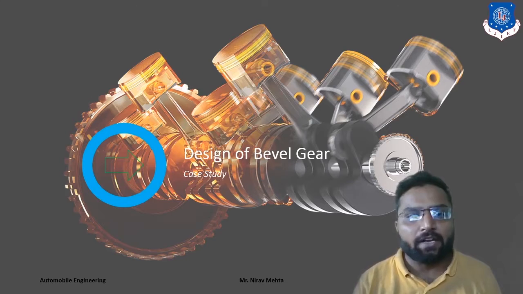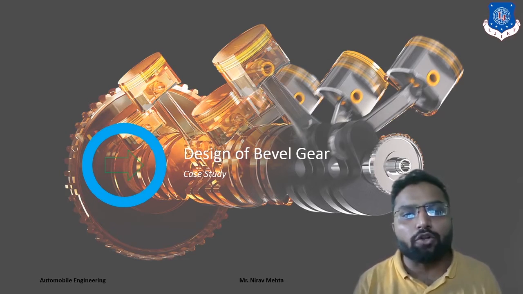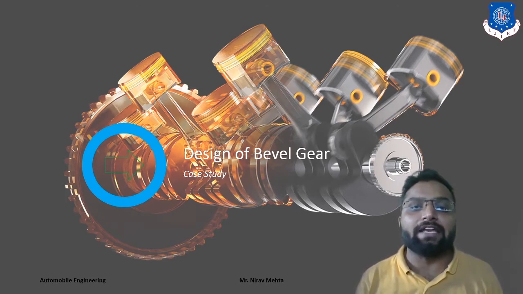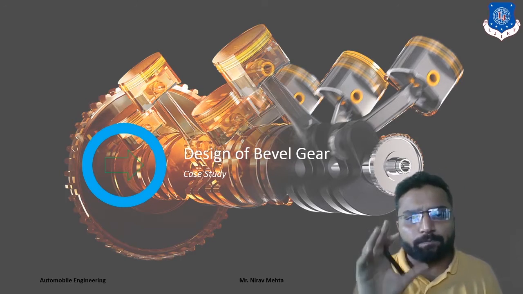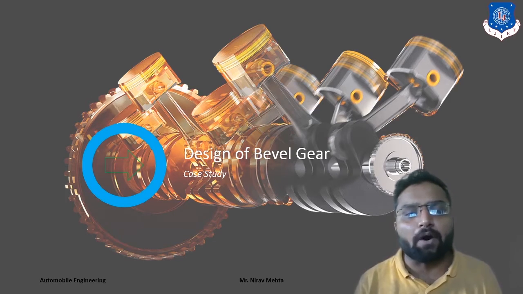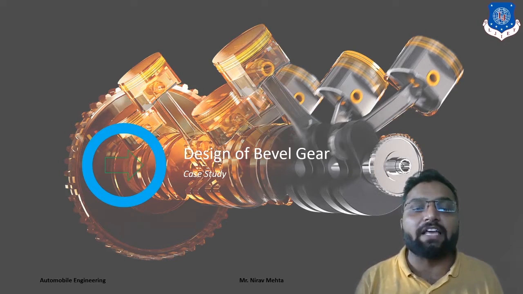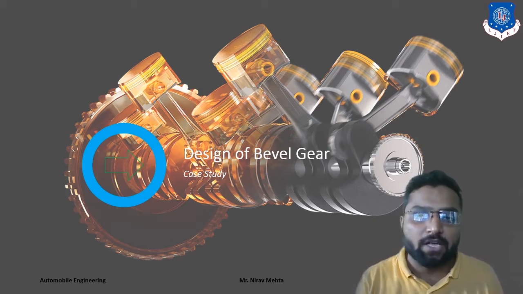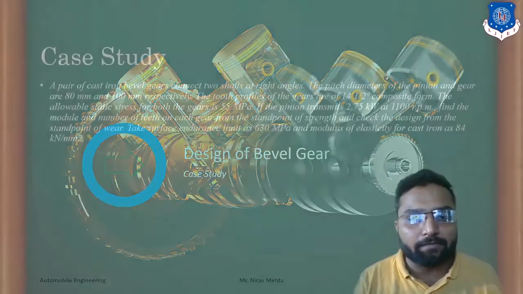A bevel gear is a kind of gear which transfers power from one shaft to another, at an angle made by each other. So bevel gears are those gears whose shaft axes are at an angle with each other. So let's discuss their fundamental difference from helical gear and spur gear. They make an angle, and in some cases they make an angle with their own axis as well as the central axis, or you can say the axis made by both the shafts. Clear? So they are making those angles. Let's move on.